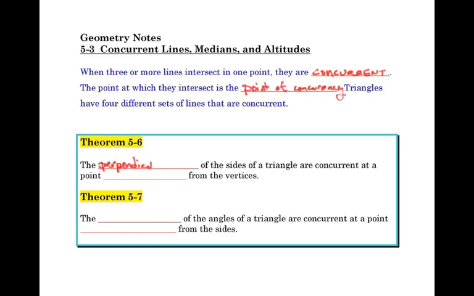Triangles are going to have four different sets of points that are concurrent, and the first one deals with perpendicular bisectors. The perpendicular bisectors of the sides of a triangle are concurrent at a point equidistant from the vertices. That's going to have a special name in a minute, but remember, equidistant means same distance. And the bisectors of the angles of a triangle are concurrent at a point equidistant from the sides. Again, that's going to look unique and have a special name in a moment as well. So equidistant from the vertices and equidistant from the sides are going to look a little different as we start